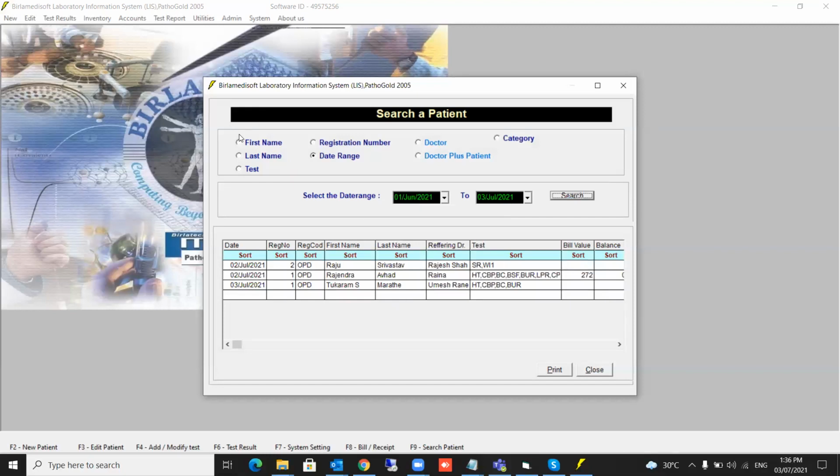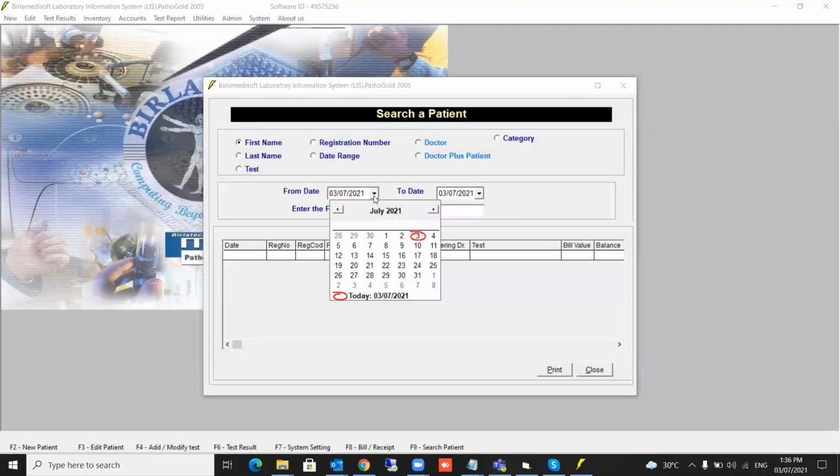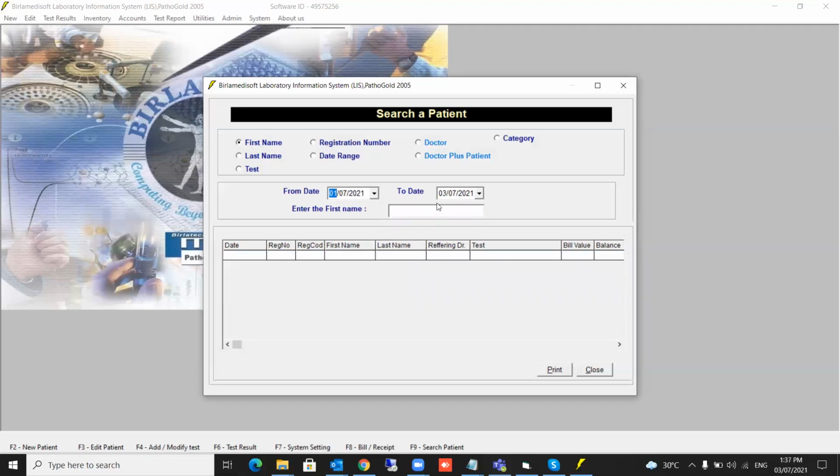Now you want to see a particular patient, say the patient whose name is Rajendra. You go for the first name, give the period from 1st July, and just type Rajendra. See, it's context sensitive. As soon as you type it, immediately it will come. So this way you can search it.